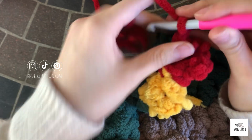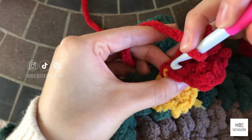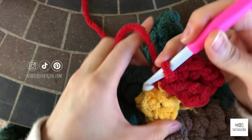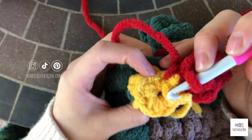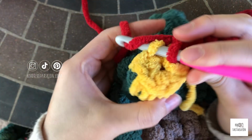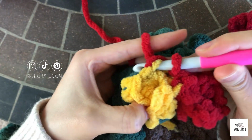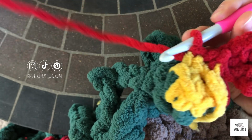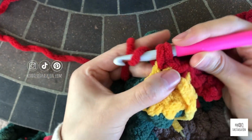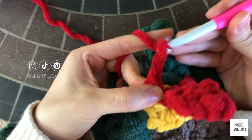Chain 2 again, and we'll go slip stitch in the middle SC, and then we're going to go ahead and slip stitch into this next outside loop, and then we're going to slip stitch into the one next to it, and then we're going to SC, chain 2,